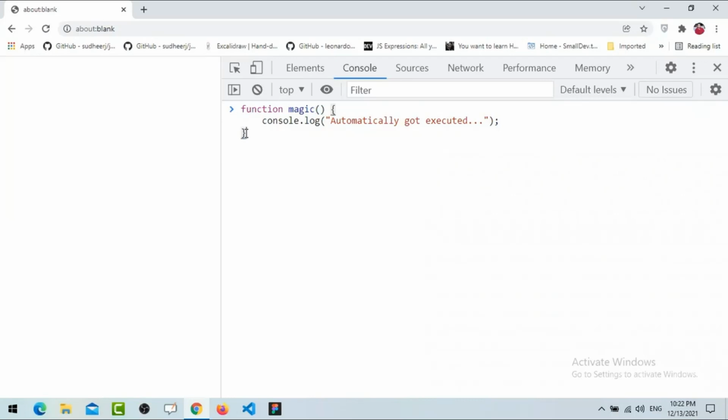Everyone, how to call a function? We just need to write that function name, and then to invoke that function we have to use the parenthesis. That is known as function invocation or function call,